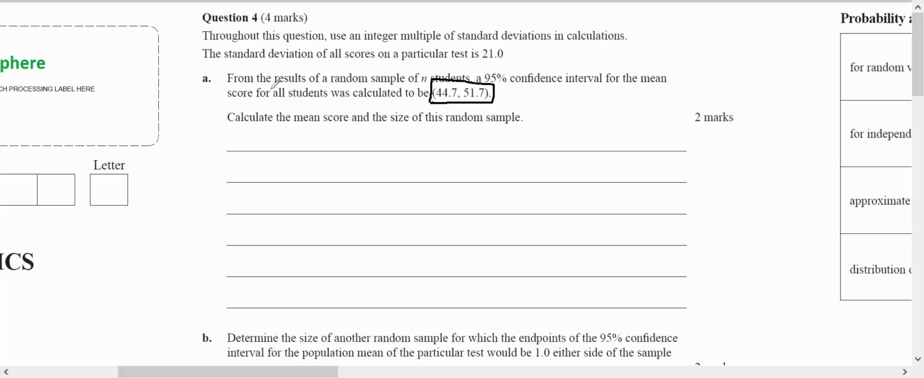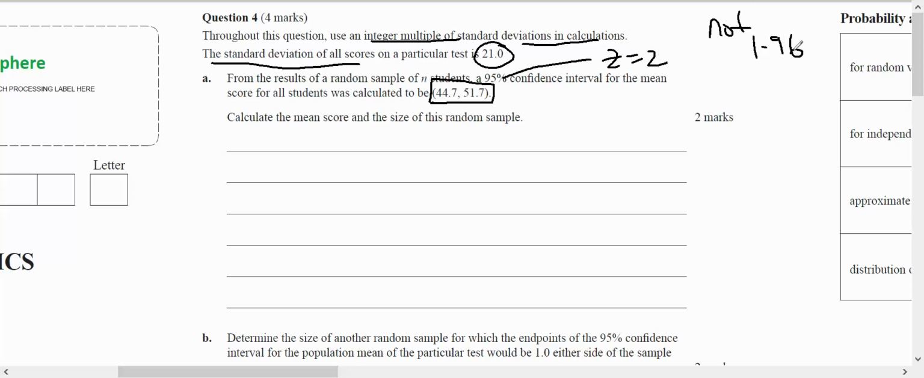Now the thing about this is all standard deviations was 21. Use an integer multiple for the standard deviations in calculations. So Z equals 2 for a 95% confidence interval, not 1.96. So calculate the mean. So the mean's going to be dead middle, which was 48.2, and calculate the size of